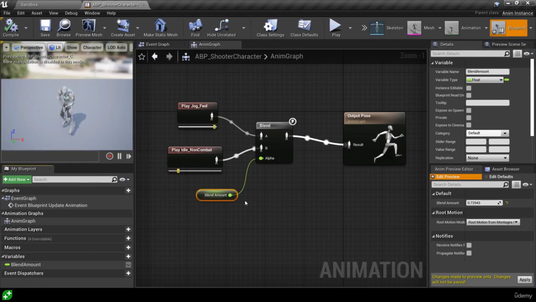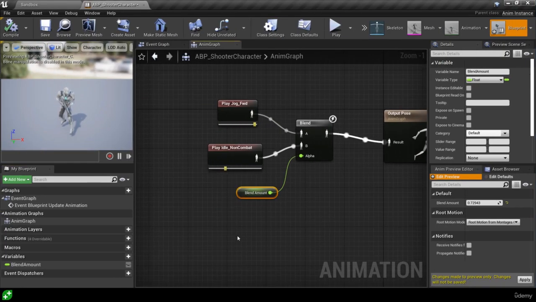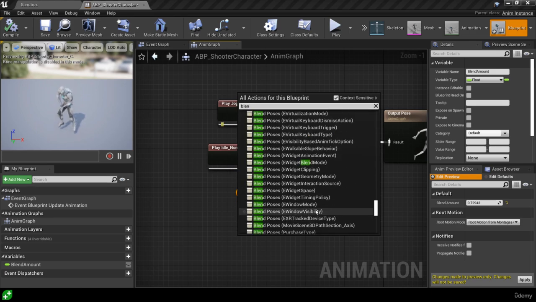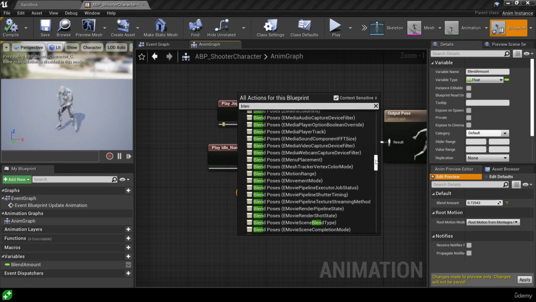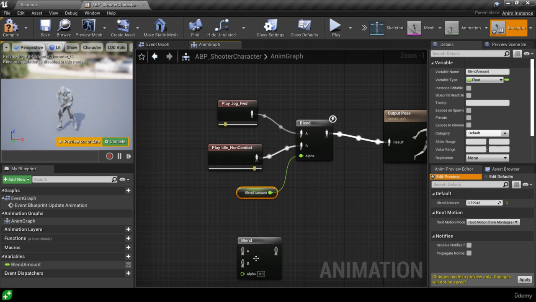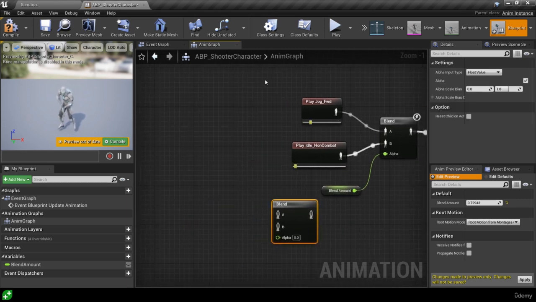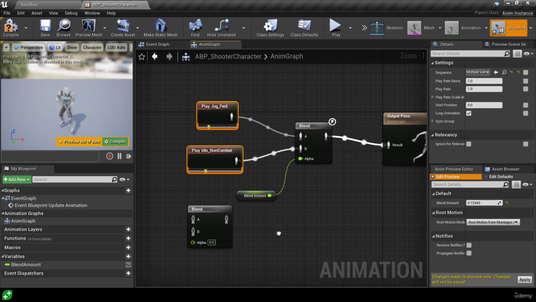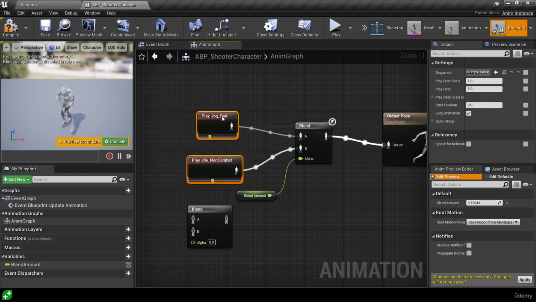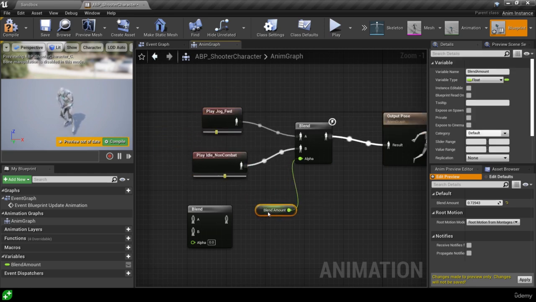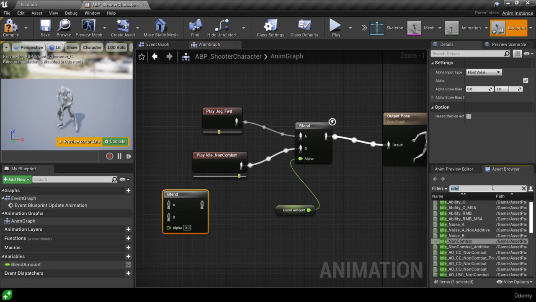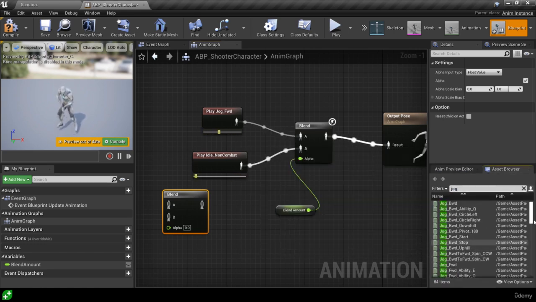Okay, welcome back. So hopefully you've had a little go. We're going to go and add in another blend node. So search for blend, and then I'm going to scroll up for some reason. This might be to do with my screen scaling. Let's go to the blend and bring across these idle animations. What do I want to do? I think I want to have it move left. So I'm going to look in my asset browser for jogging, and we're going to look for a jogging left